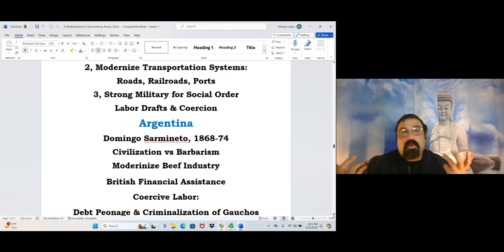That was really the role of the new military in Latin America: trying to replace the role of the church by using coercion to maintain social order